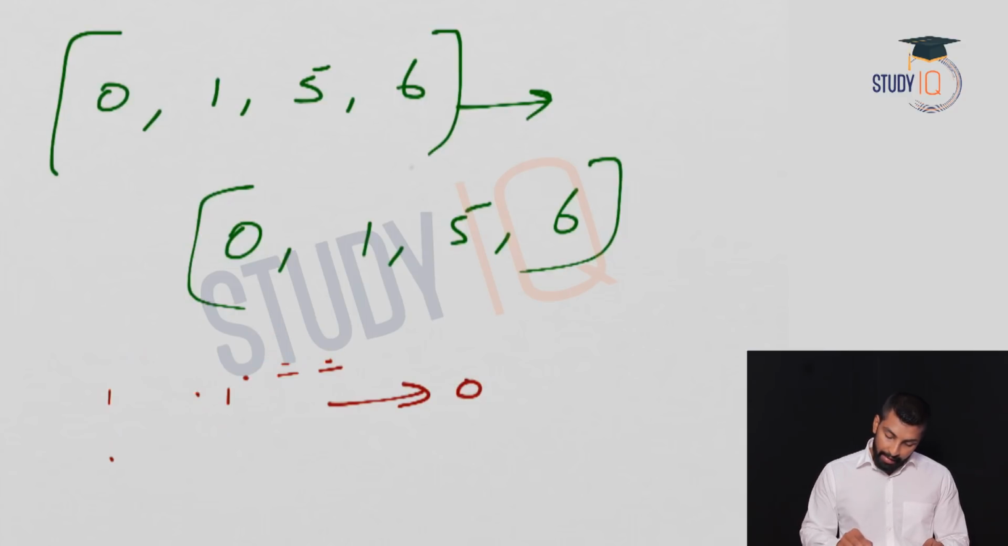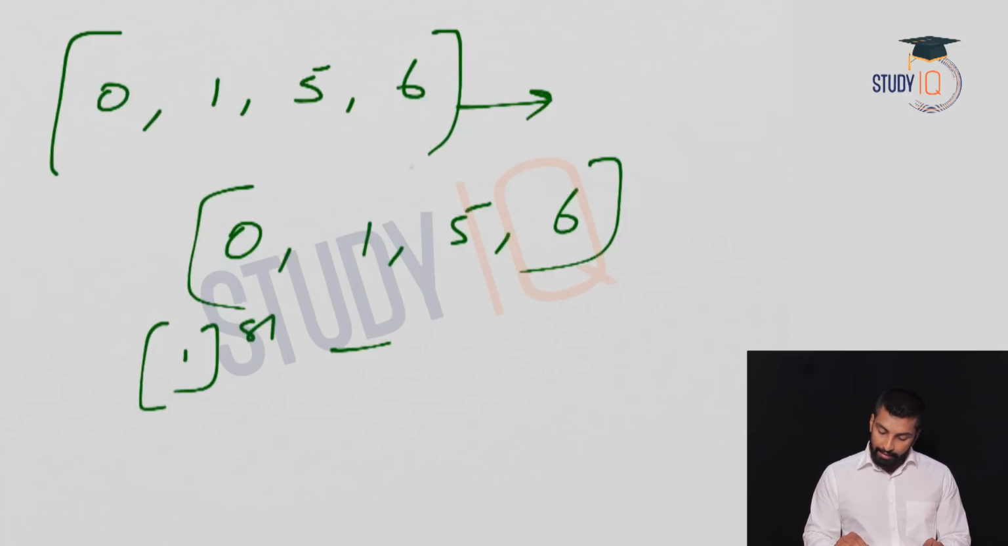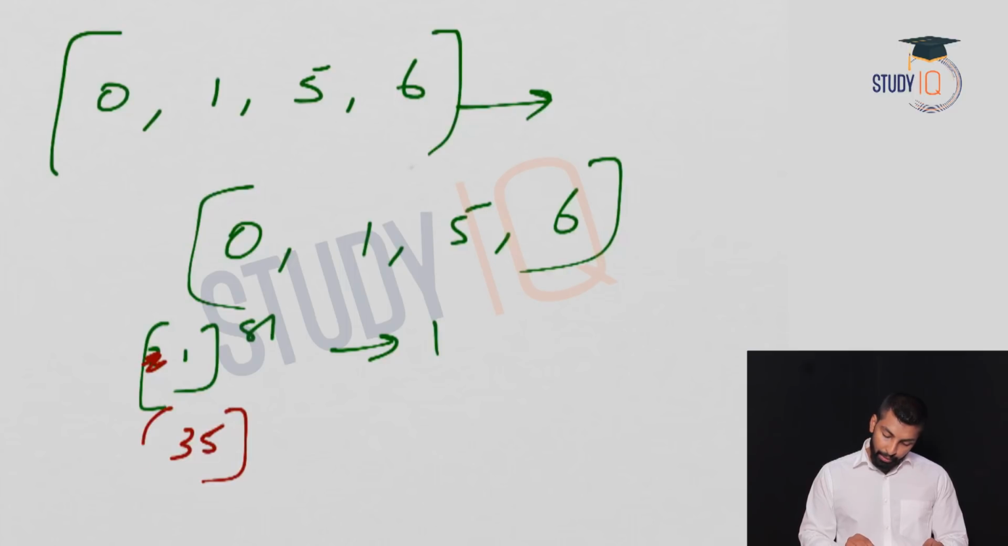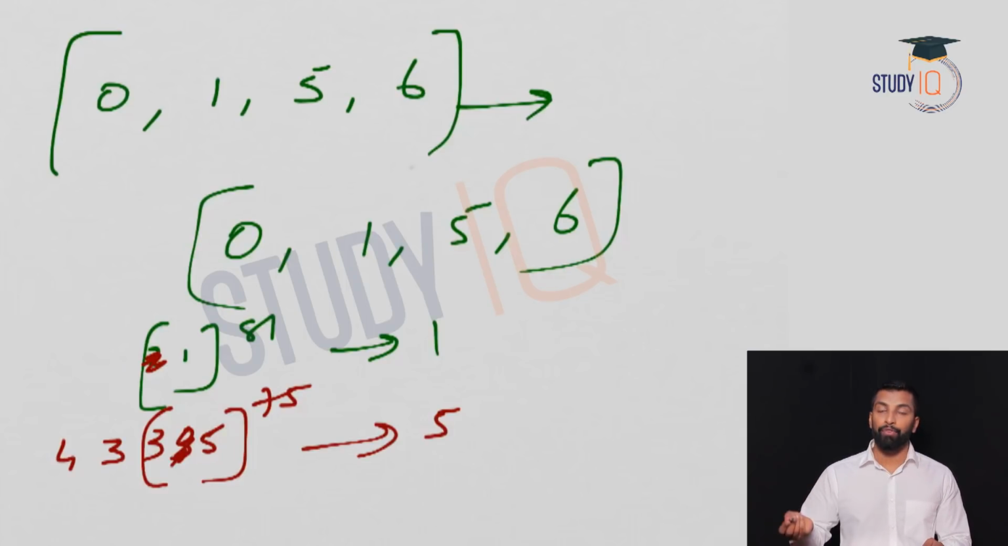Similarly, if the number is ending in 1, so 1 raised to 81, last digit will be 1. Similarly, if it is 21 raised to 81, last digit will be 1, because this is not important for us. Similarly, 35 raised to 75, last digit will be 5. We are not concerned about this. If it is 35 or 335 or 3335 or 43335, still we are concerned about the last digit, and last